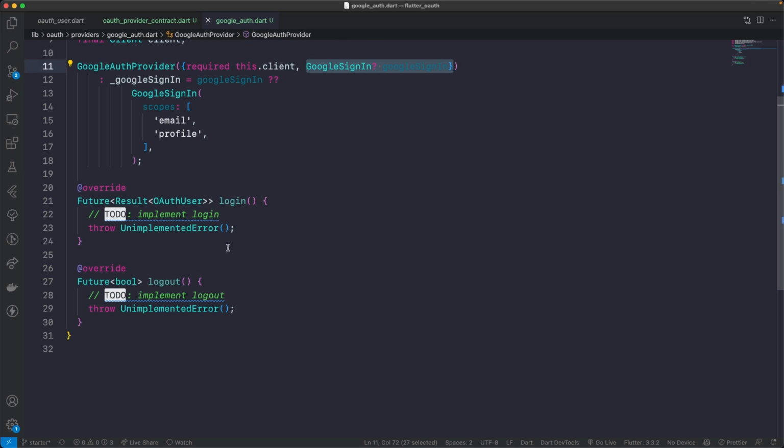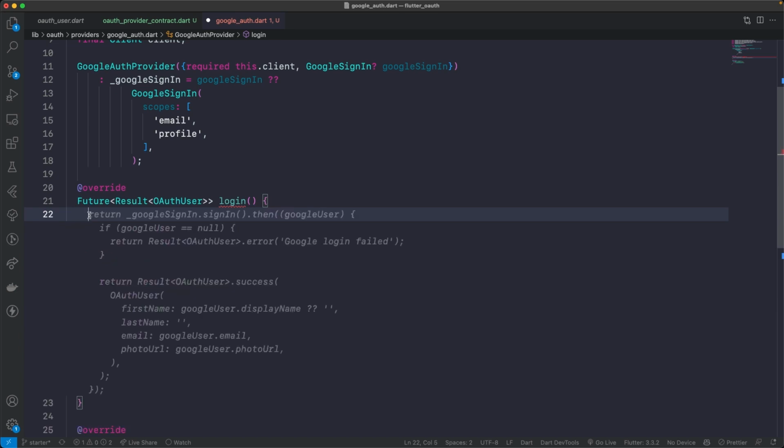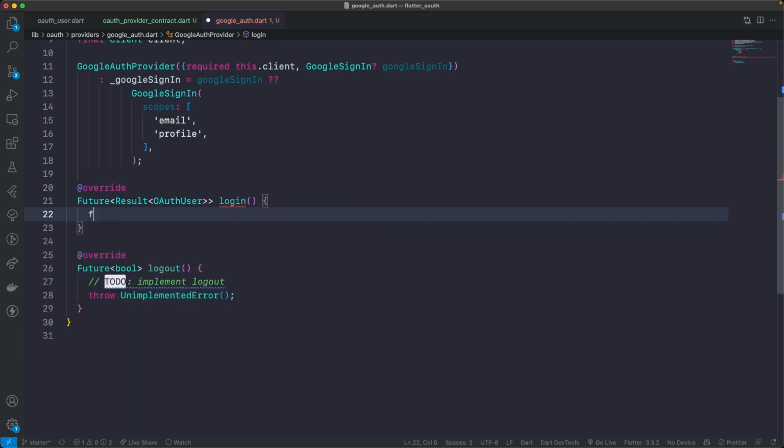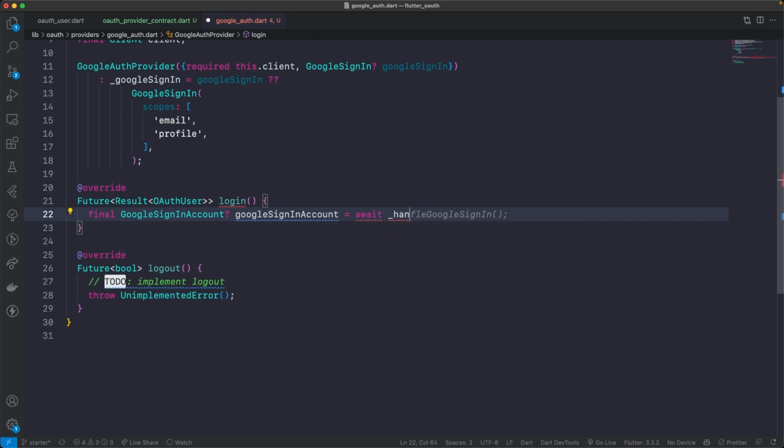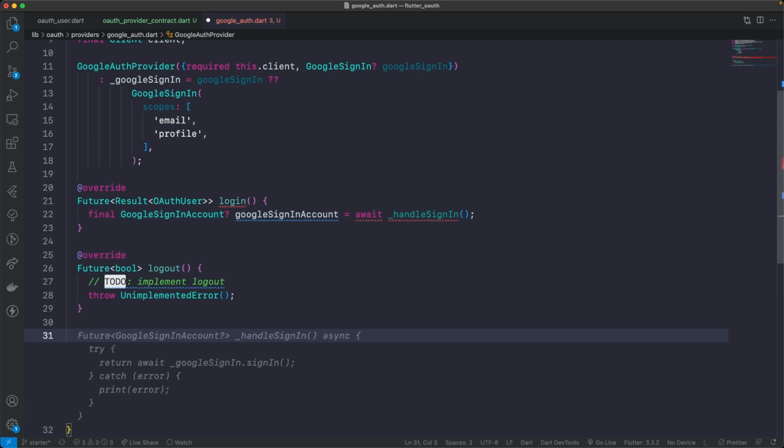So for our login method, let's implement our login method. The first thing I want to do is to get a handle on the Google account, the Google sign-in account. So I'm going to get a handle on that. And I'm going to create a private method called handle sign-in. Let's create that method, which will return a future